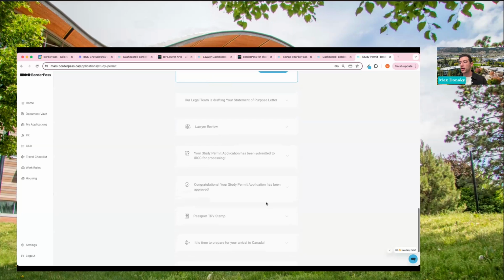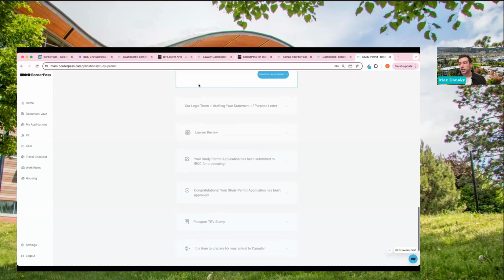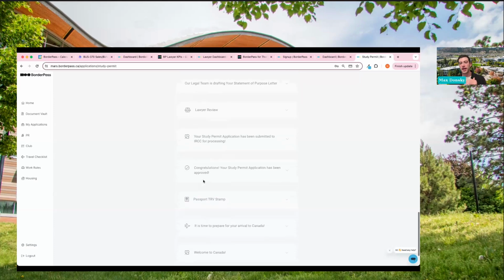And then what will happen there is these additional steps will unlock at every step of the way, and you'll be notified by email. So once Verinder and the legal team at BorderPass submit your application to IRCC, this will unlock. It will show white, just like this one, and you'll be notified every step of the way through to your decision. The only other couple things I wanted to touch on before we open up the floor and turn